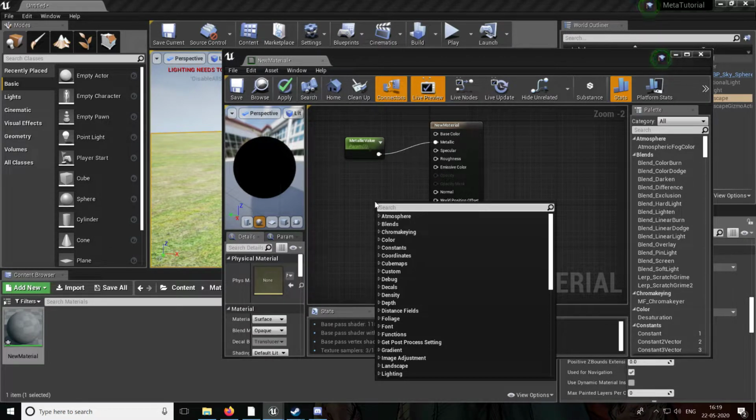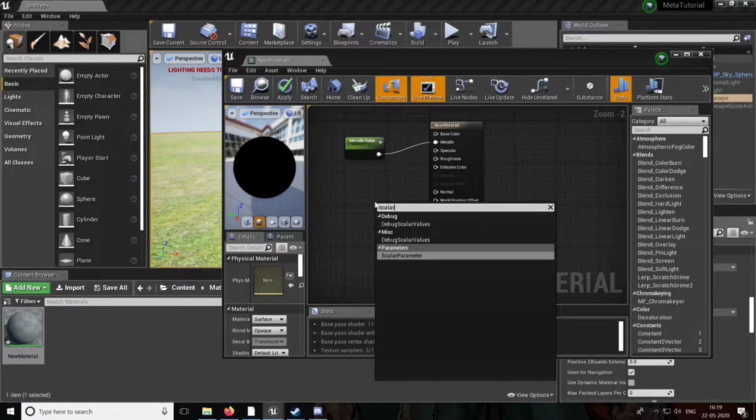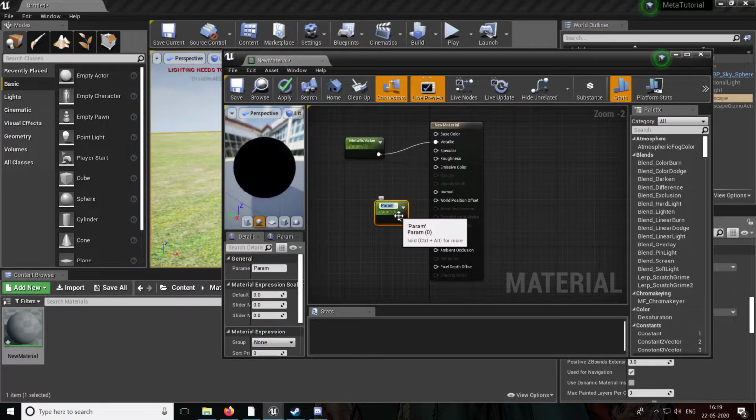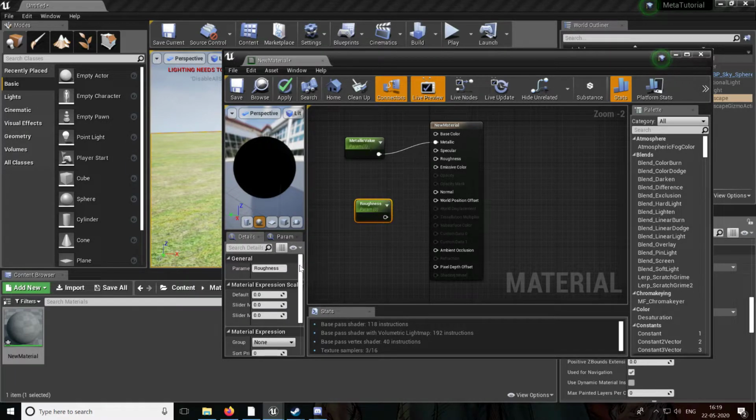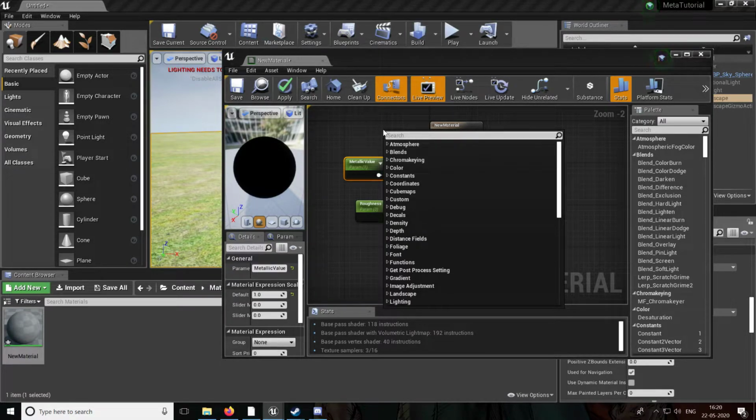So now I'm going to right click again. I'm going to click on scalar parameter again, right? And I'm going to call this the shiny, actually we'll call it roughness, right? Roughness is the opposite of shininess. I want to give this a value of 0 because I want it to be completely not rough at all, which is shiny. Right, so I've given it a roughness of 0, and I need to add a base color. So base color doesn't mean color. It could mean color, but it could also mean a texture. So I'm not going to give it a texture, but what I'm going to do is right click, and now I'm going to create 3.